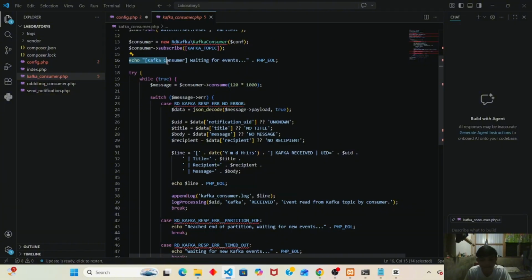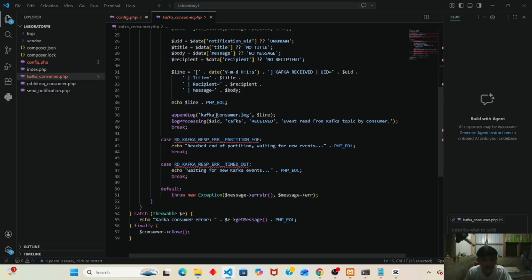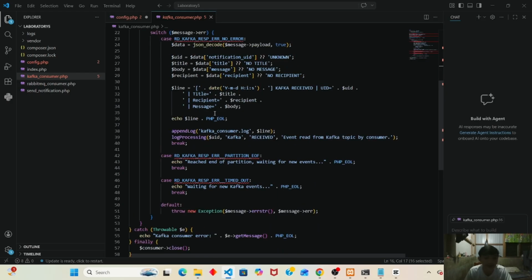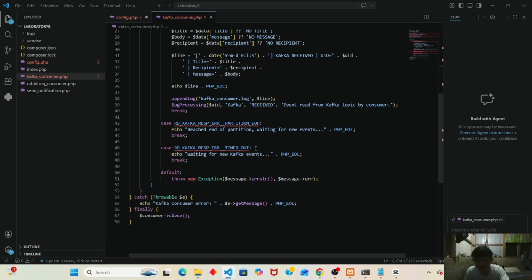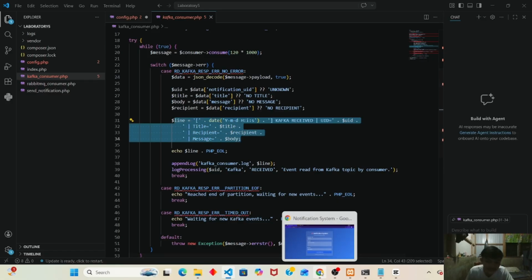So this is only the insides of the Kafka. Okay. So we have here the line, title, recipient, message.